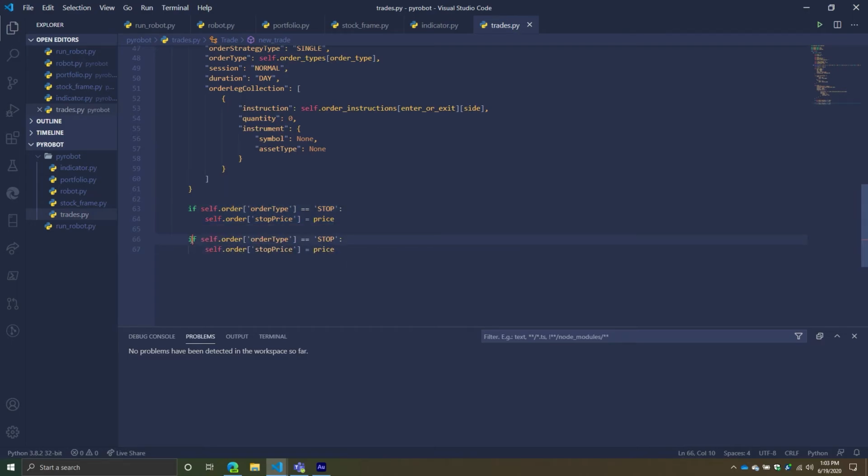So elif the order type is limit, then guess what? Now we're just going to change this to price, okay? So we're just modifying the key based on what you gave me. That's all. The next one is if the order type is stop limit, then there's a couple different pieces that